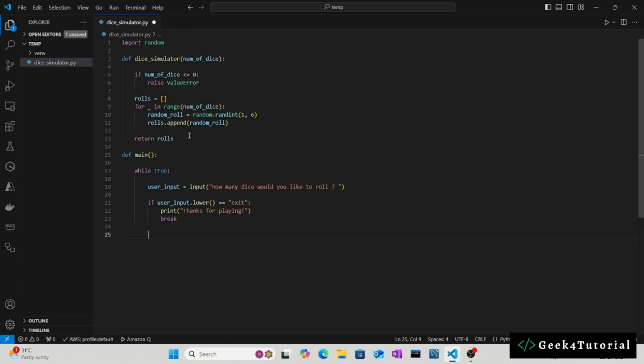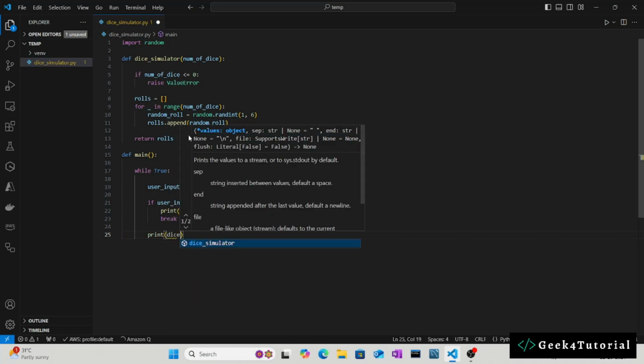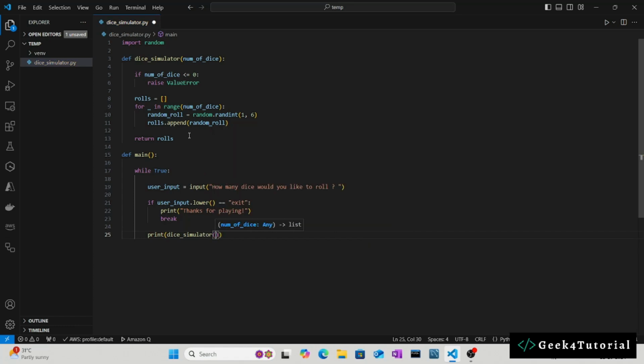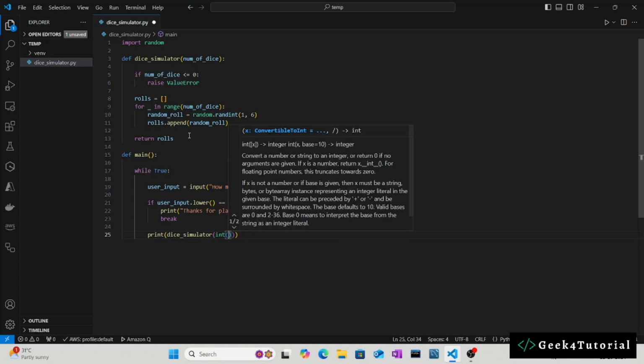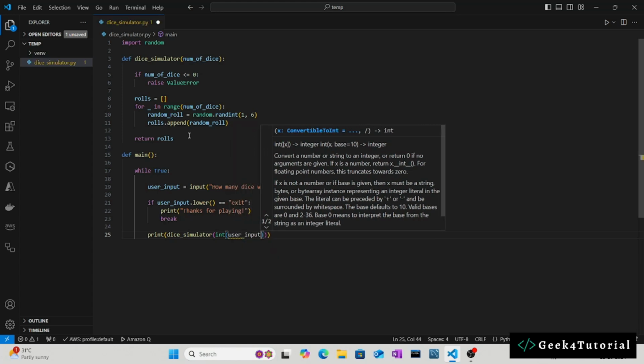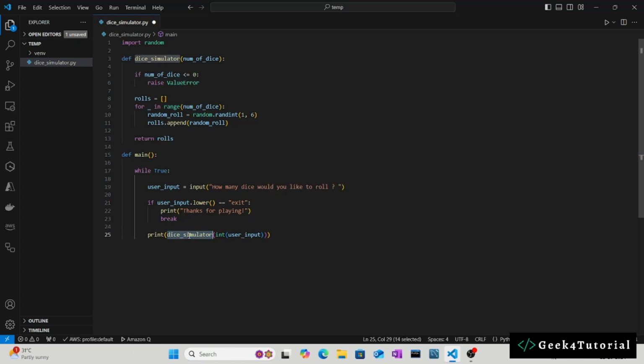So now let's pass that user input to our die simulator function that will give us the output. So let's print and at the same time call that die simulator function, and now you remember that we need to pass that value as an integer. So I'm going to use that int function and pass that user input value, and now to that die simulator we are passing that value as an integer. So now we have everything,